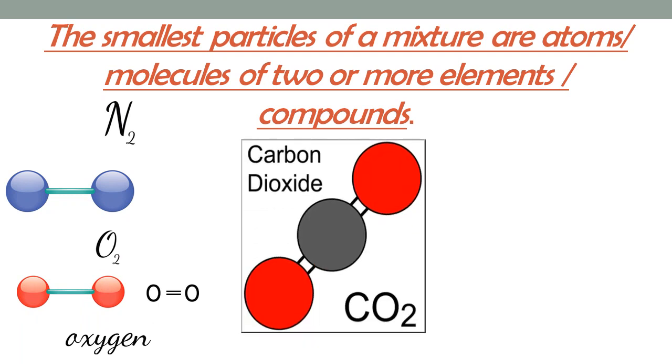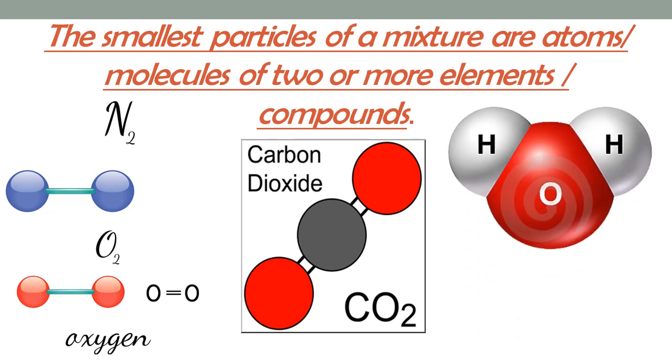Carbon dioxide, in which one atom of carbon and two atoms of oxygen are chemically bonded together to form carbon dioxide. Again, a water molecule, in which one atom of oxygen and two atoms of hydrogen are chemically bonded together. Similarly, the mixture alloy brass contains atoms of copper and zinc, while bronze contains atoms of the elements copper